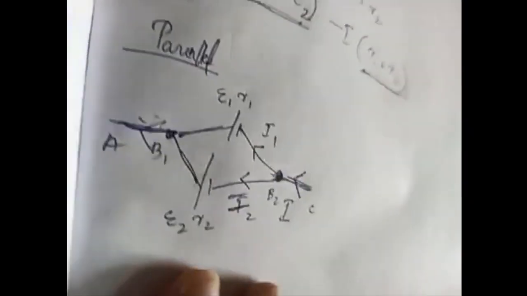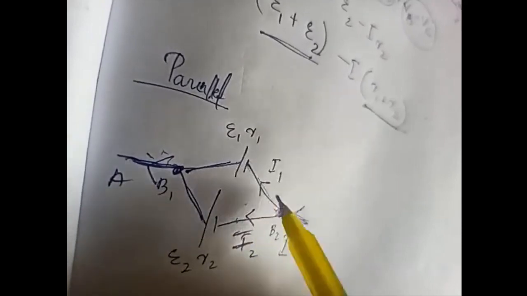Okay, so in the case of parallel combination, current will be different. The current I which is coming to the point B2 will be split into two, that is I1 and I2. That current will pass through E1 and E2, and come back here. I1 and I2 combine together to form I, and it will keep flowing. Understood? That is clear now.